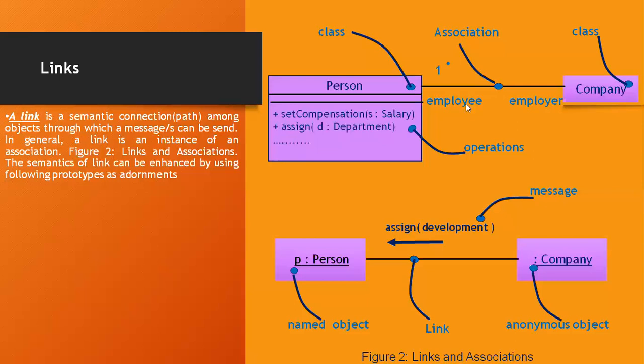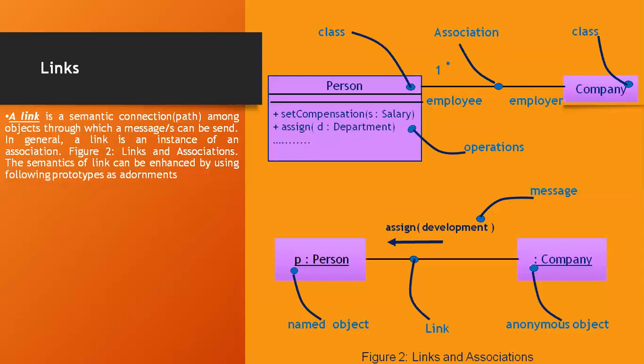Whenever there is a link between two objects, one object can send a message to another object. If it is between the classes we have an association, and if it is between the objects we can send the message. A link specifies a path along which one object can dispatch a message to another object. Most of the time it is sufficient to specify that such a path exists.